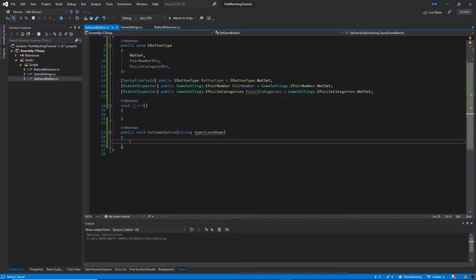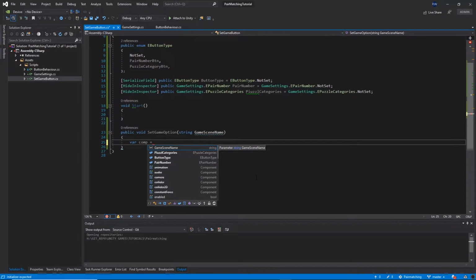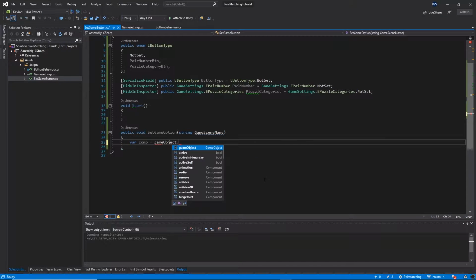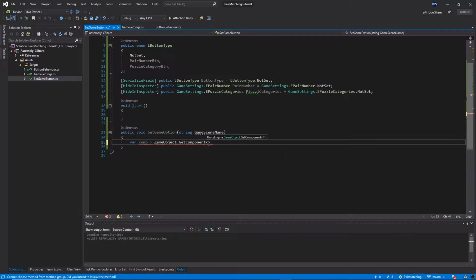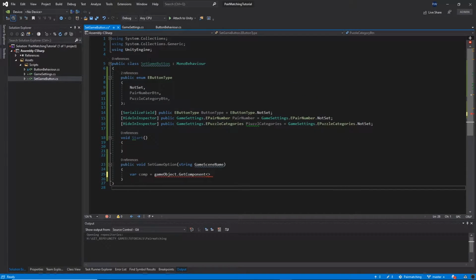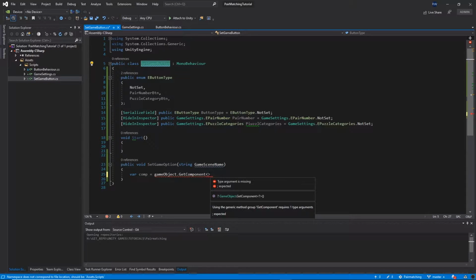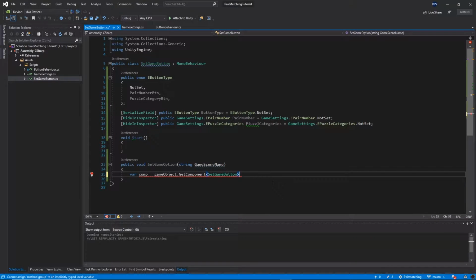Okay, let's grab reference for our component, so var comp will be equal to game object dot get component, and we want to grab the instance of the same component, so make sure you're just getting the setGameButton type. Okay,